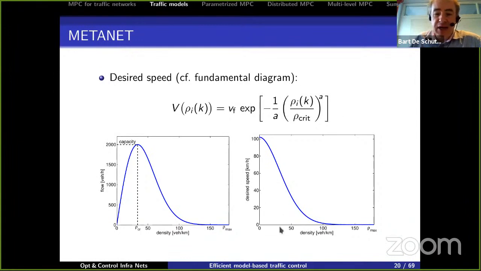In general, these relations between density and desired speed or density and flow are called fundamental diagrams, and they might also occur later on in the next presentations by the other speakers again. Okay, so